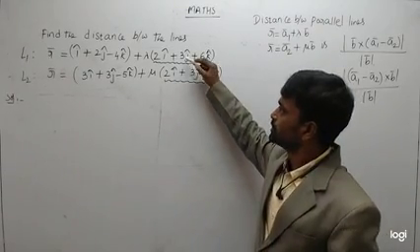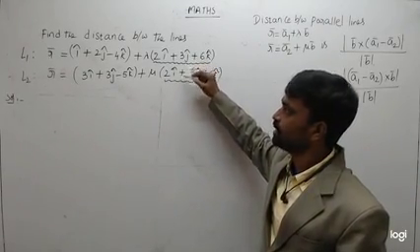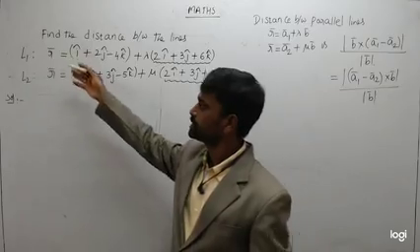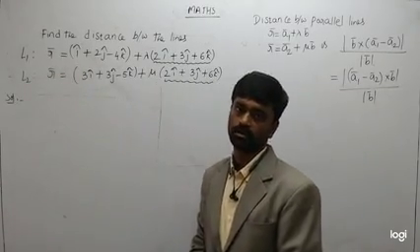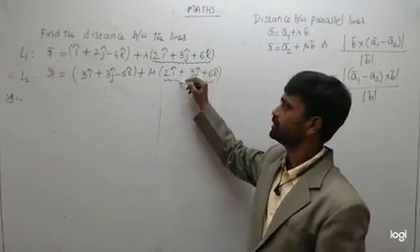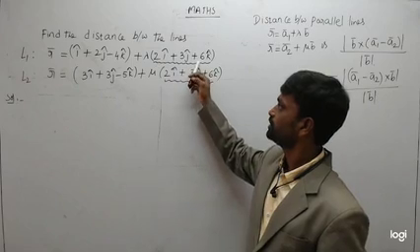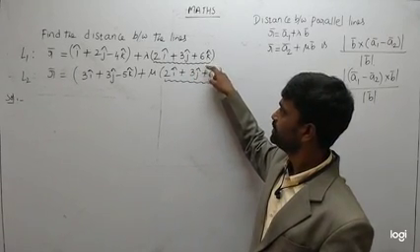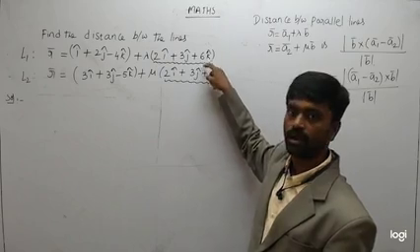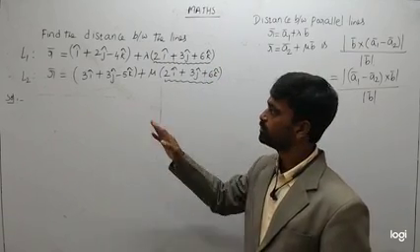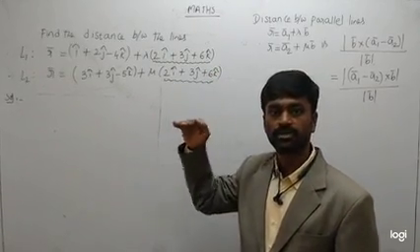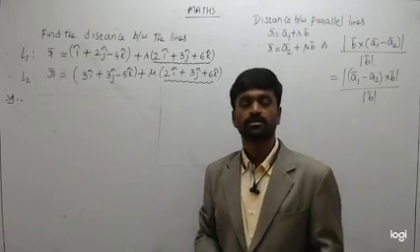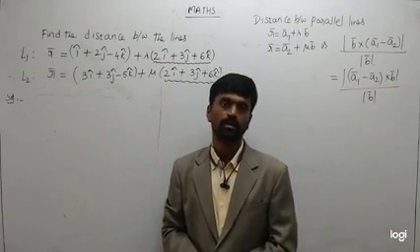If these two vectors are either the same or parallel to each other, then the corresponding lines L1 and L2 are parallel, because the lines are parallel to these two vectors. The line 1 is parallel to this vector, line 2 is parallel to this vector. If you observe particularly here, these two vectors are equal. That means both L1 and L2 are parallel to the same vector. Hence the given lines are parallel lines.